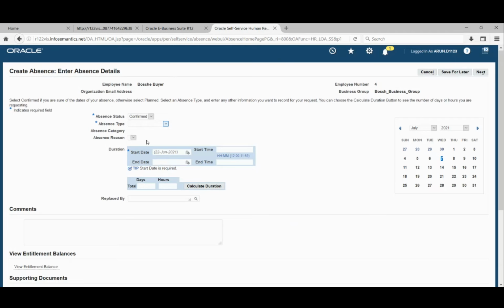Vacation allowance is what we created when we saw the leave and the accrual plan. We created one called vacation allowance, and that is the one getting populated here. Now what we will do is create a leave type, give the details there, and see where exactly we can take this absence type. Okay. Let me reshare the screen.